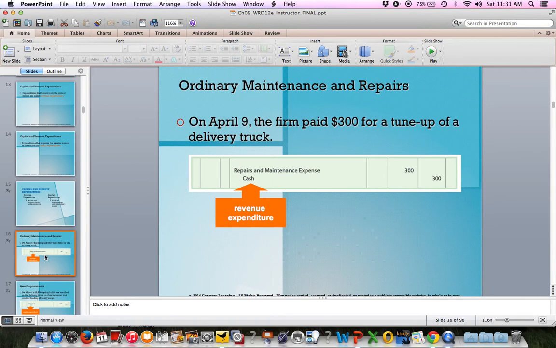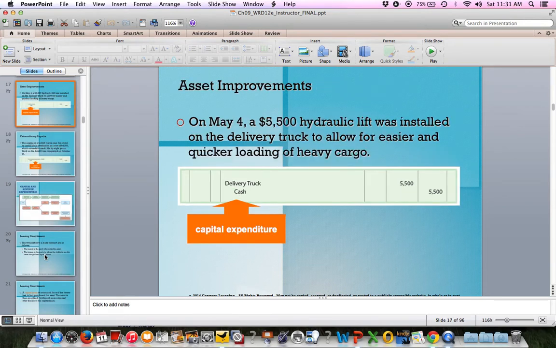Okay, so ordinary maintenance repairs, you just simply debit the expense. So here we paid for a tune-up of a truck. Debit expense, credit cash. It says on May 4th, a $5,500 hydraulic lift was installed in our delivery truck so that we could more quickly and easily load and unload cargo. Different story, right? Now that hydraulic lift, we expect to be using that for quite a while, right? And that's going to add value to my truck. So we're debiting an